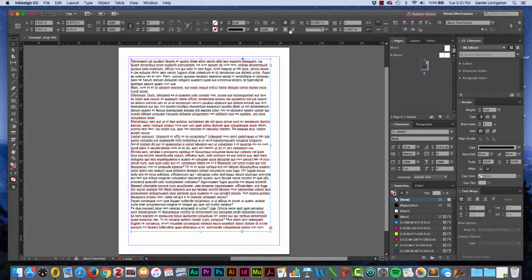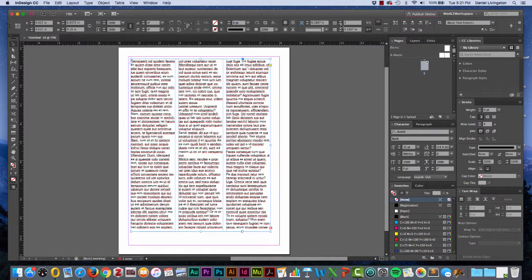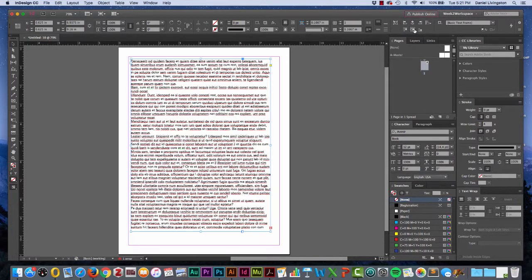Over here we have some text wrap and lots of other options. We have things about whether we want our text to be aligned to the bottom of the text frame, or if we want to add columns to our text frame, we can do that up here as well. And then we can distribute items. If we have multiple text frames, we can distribute them evenly, vertically, and horizontally. So a lot of different things going on up here. Now that's a whole lot. Okay, we're going to cover that more in depth as we get moving,